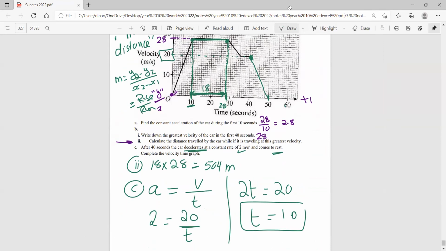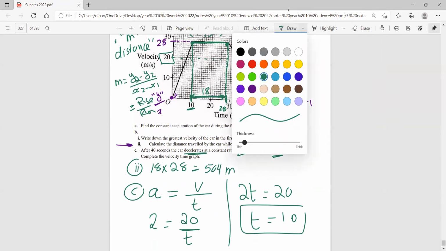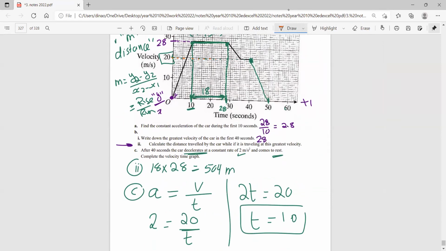At 40, the car started to decelerate at a rate of 2 meters per second squared. First, I had to know what was the velocity at 40. The velocity at 40 was 20. I applied the rule: acceleration is change in velocity over time. Now, since the final velocity is 0, I wrote initial, which is 20, over the time equals a. By cross multiplication,